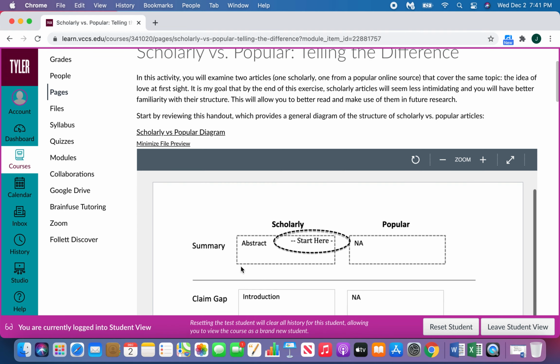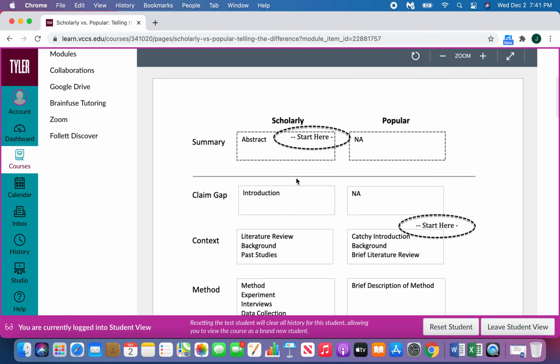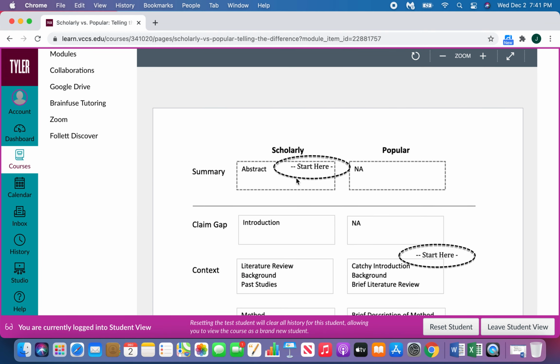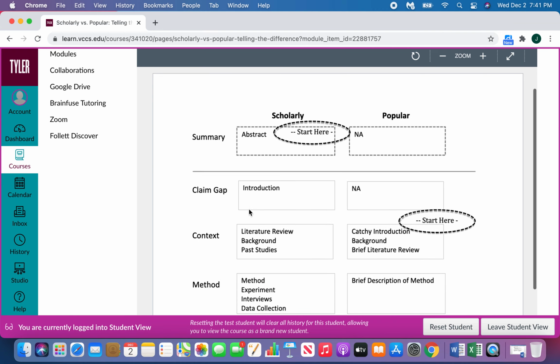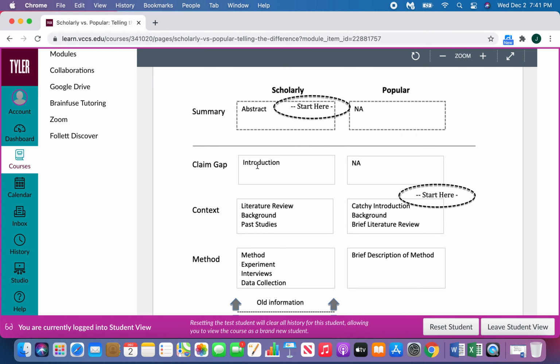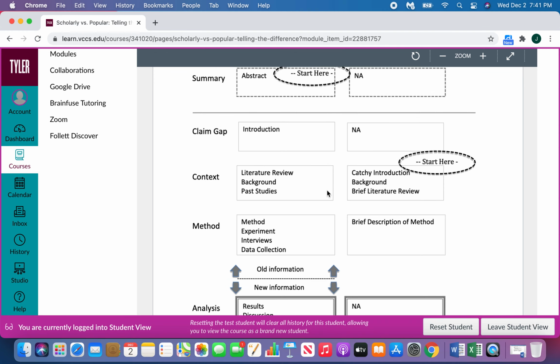And so we start just by looking at a very general overview of how to read each of these. And so we see here the column for scholarly and the column for popular, and how we might break down the components of each of these articles. And so the scholarly, we're going to start with a summary. Scholarly articles will generally have an abstract, which popular articles do not. We'll have an introduction, which popular articles generally do not. Context,